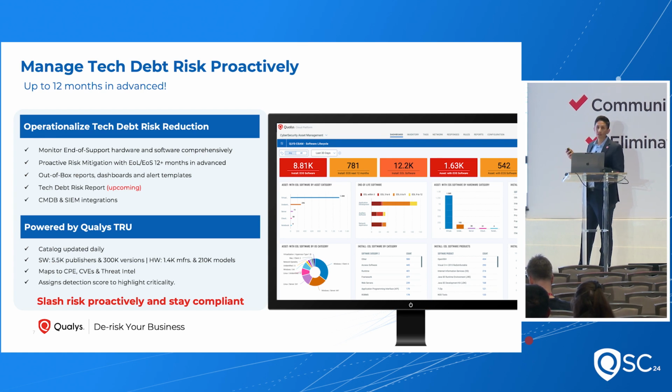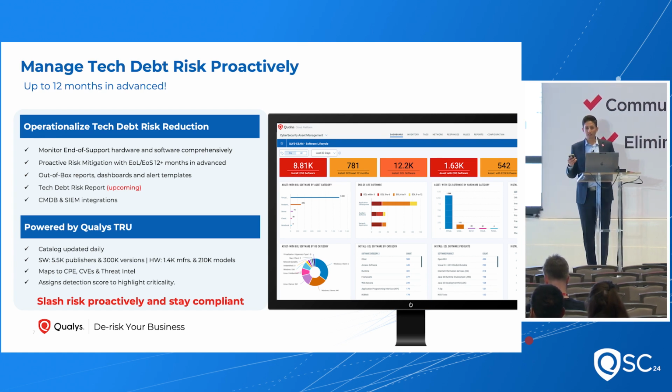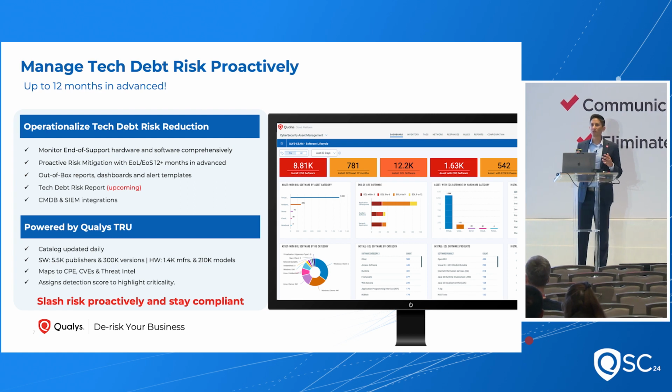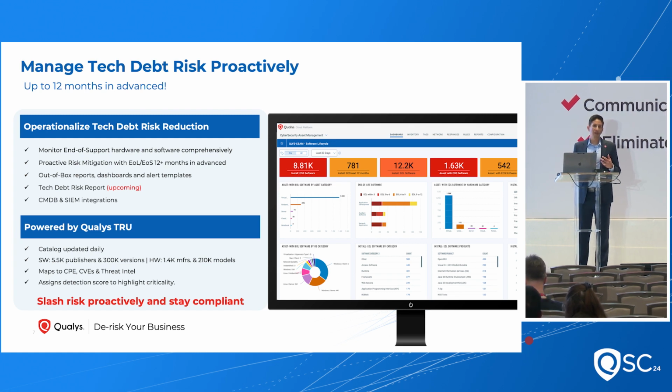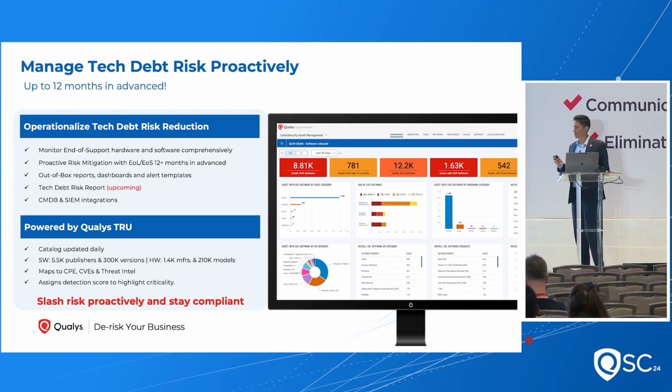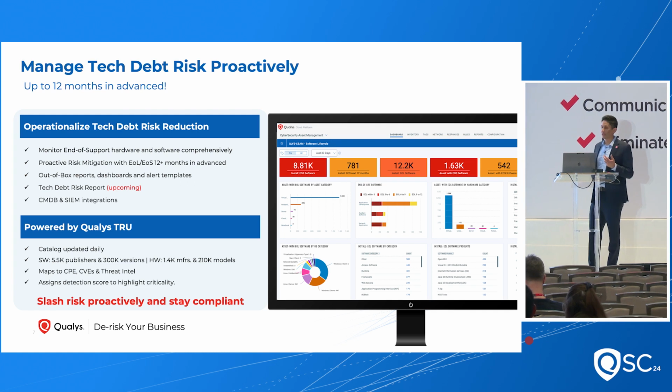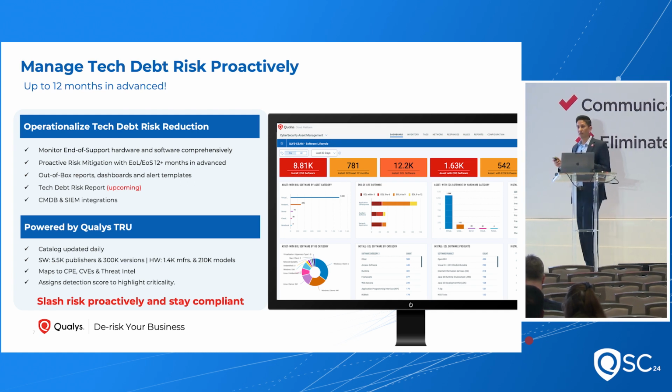How do we do this? Because this information is very difficult. This requirement has always been there, like for years, in any framework or mandate. But it's very difficult to get that information because it's not readily available. Manufacturers and publishers, there's no unified format to share that data, right? How we have done this over the last 7 to 8 years, our team has been collecting, and we have a process